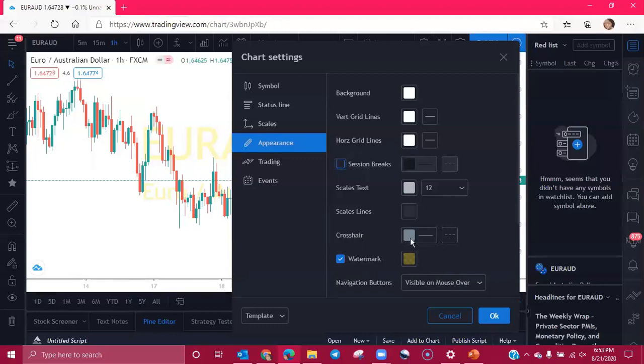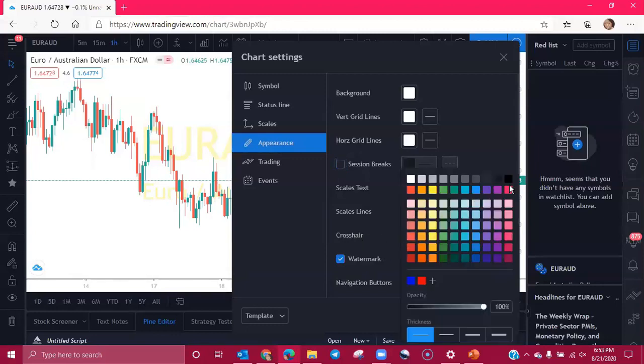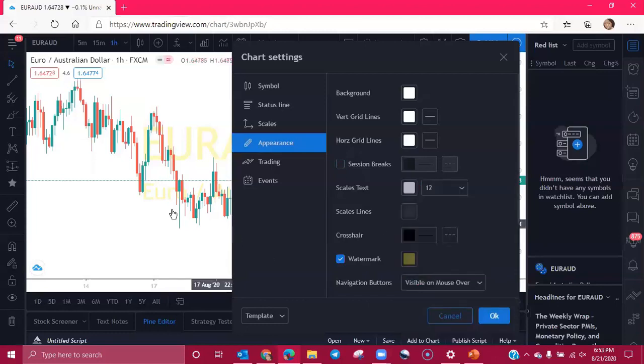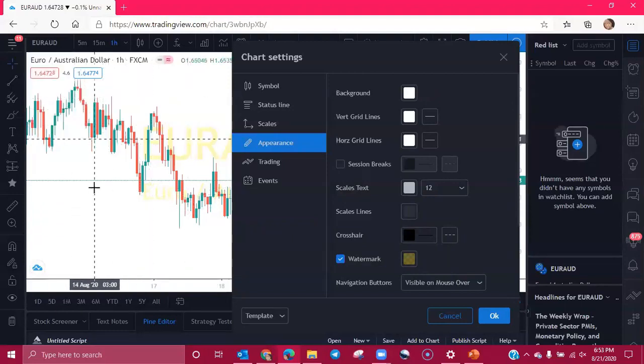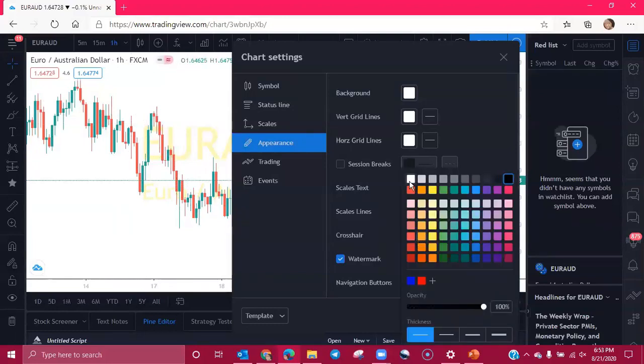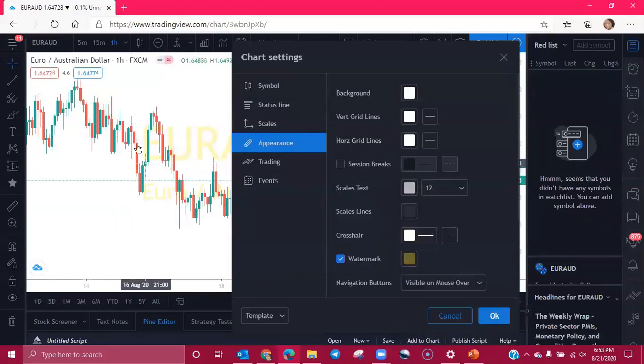We will look at this crosshair. I'm going to change this to black since we have a white background. The crosshair is usually your mouse when you're on the chart. Right now it's on, there it goes. Okay, so this would be your crosshair. Some people like it, some people don't. If you don't like seeing the lines that go across, you can just change the color of the lines to the same color as the background. So now you don't see the lines as you move the mouse, okay?